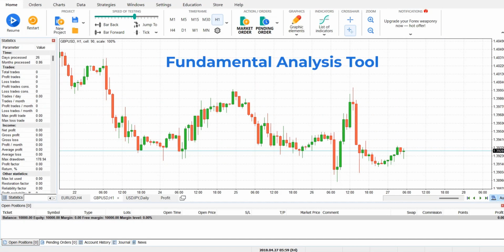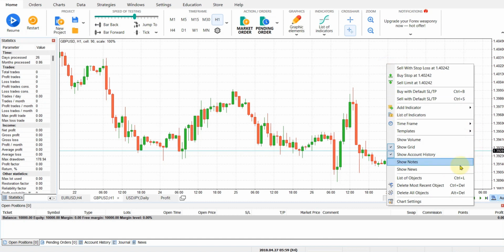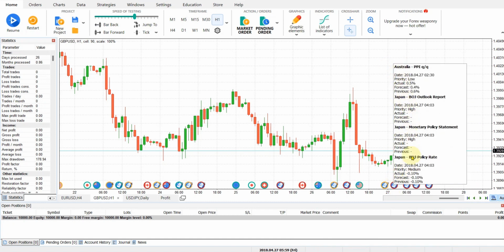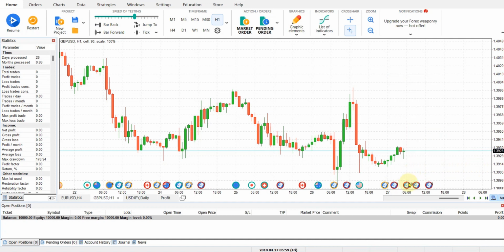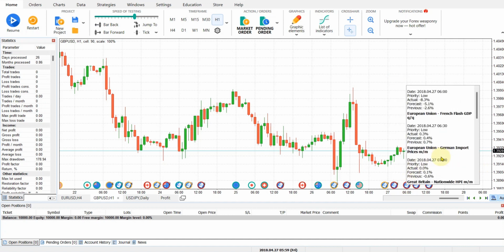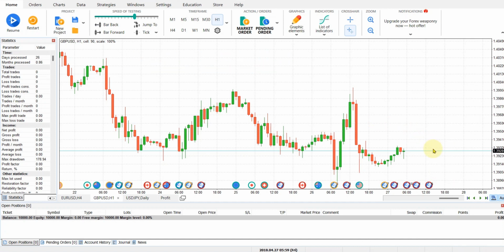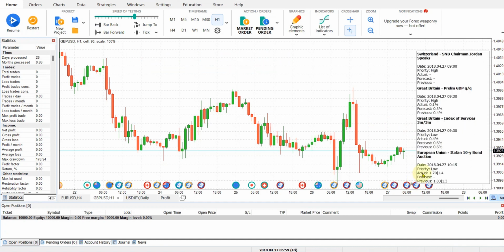Forex Tester's fundamental analysis tool is an indispensable asset for any trader looking to make informed decisions based on global economic events. This powerful tool integrates real-time news and economic data into the trading platform, allowing you to understand and anticipate market movements. From GDP reports to central bank announcements, it provides comprehensive insights into the economic indicators that move